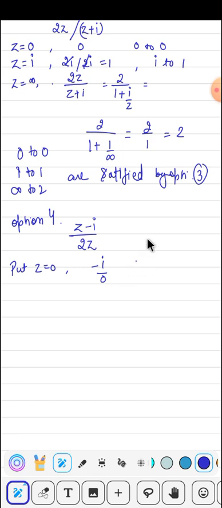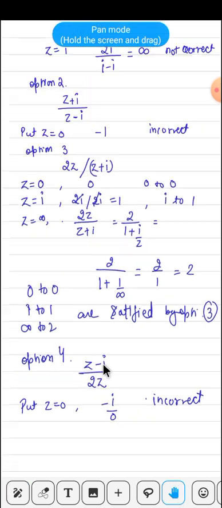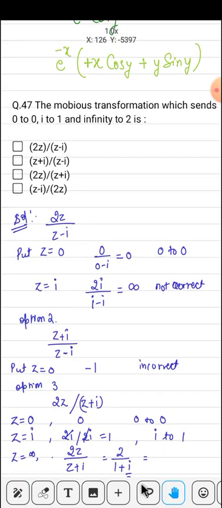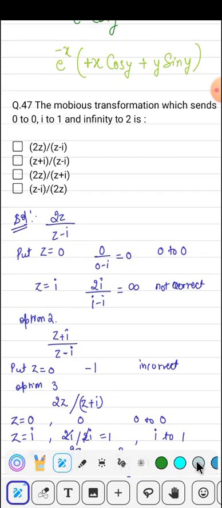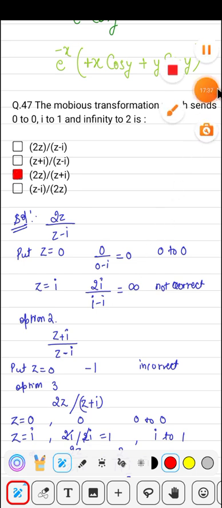So this is also incorrect. So our right option is the third option. Okay, so let's follow our next question. Our next question is,